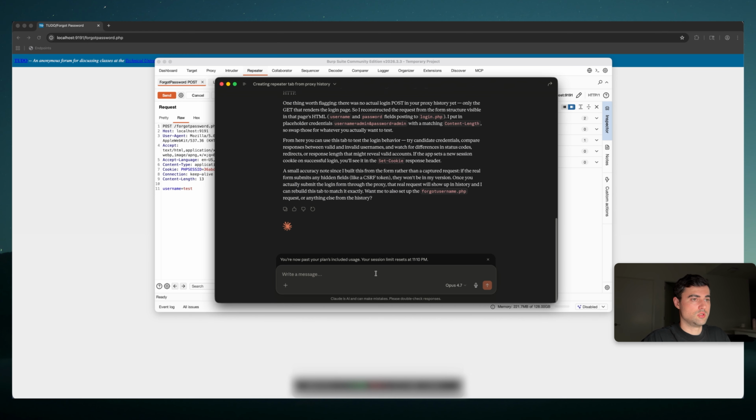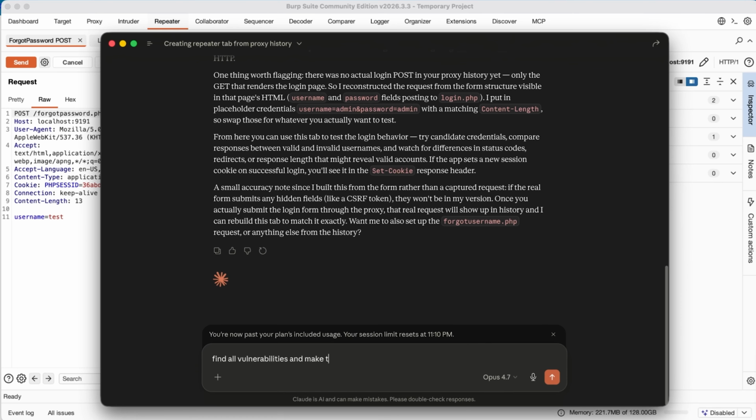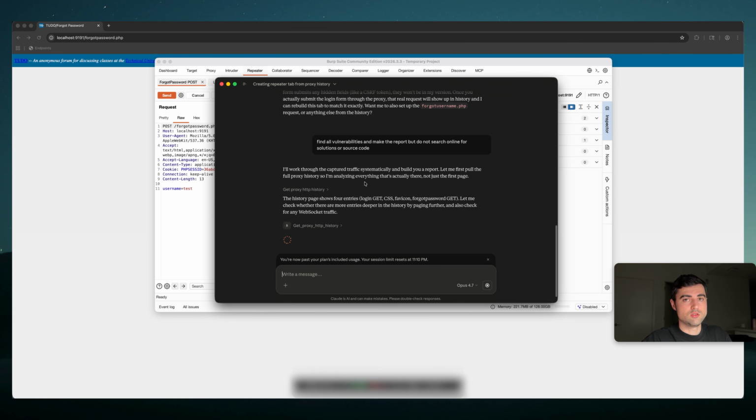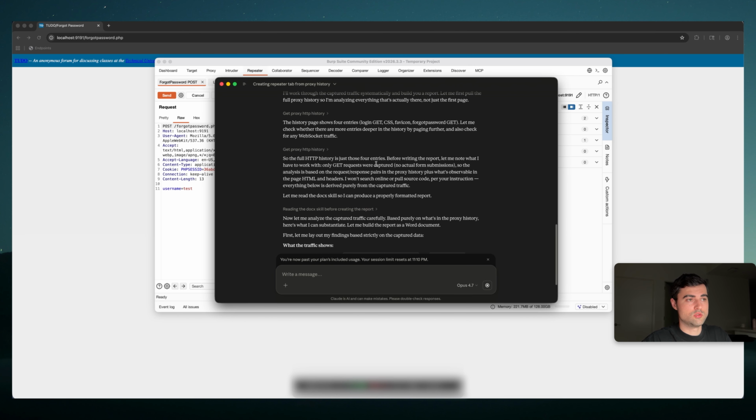So then we can actually find all vulnerabilities and make a report, but do not search online for solutions or source code. And the reason why I'm doing this is because this is a publicly available tool, and in one of my tests, Claude actually went online, found the source code and solutions, and presented that as a report, which is not the outcome I want to see in this